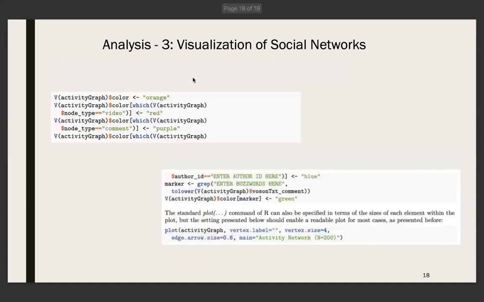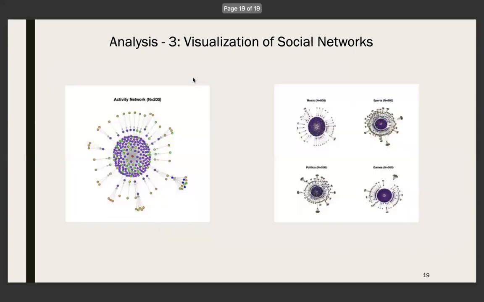So this is how the activity network looks after visualizing. Suppose the video itself is highlighted in red, each comment is highlighted in purple, focusing on the 16th case. That can be done by referring to this random and anonymized author ID and assigning the color blue. It is also possible to highlight each comment that contains a predefined list of buzzwords, such as Donald Trump,